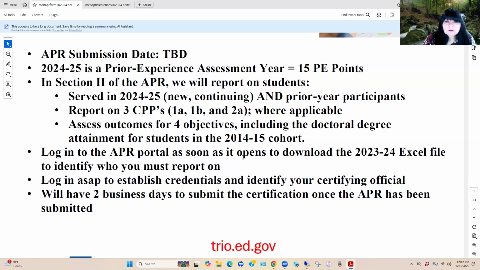What's also going to be important is that when the APR website goes live, there will be a letter that comes from the Department of Education, and it'll indicate a few of these points that are noted here, but it'll also point out how long you have to get your APR in,